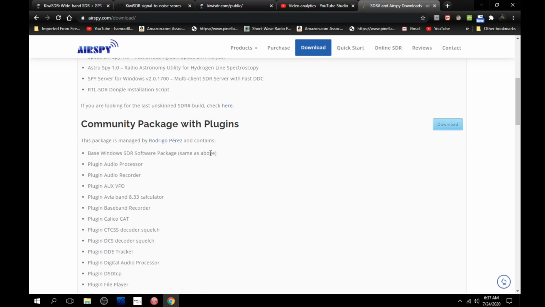And that's what I'm going to show you. So this is where you download. Again, this is what I didn't know about. You can connect to and control other people's SDRs that are throughout the world. So, similar to WebSDR,